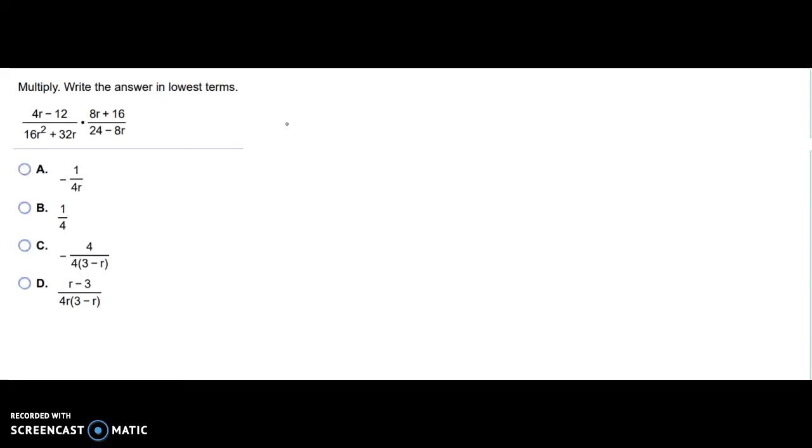Alright, so it's asking you to multiply, and there's several polynomials. There's 4r minus 12, 8r plus 16, 16r squared plus 32r, and 24 minus 8r. So when you have several polynomials, what I recommend is setting up an empty space for you to